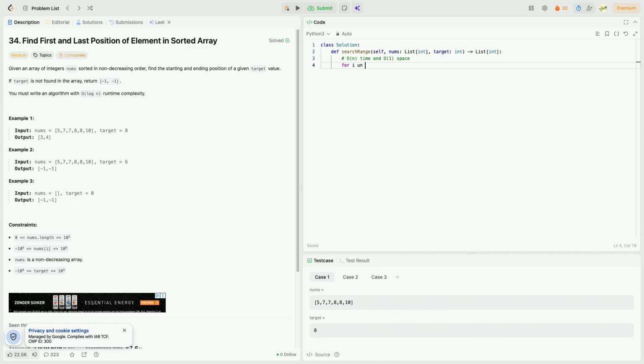For i, n in enumerate nums. And we have a result array, correct? And we have it set to -1 and -1. That's the default result when we don't find anything. And I should give it the honor of a complete variable name. There you go. So if n equals target, in that case, result at index 0 equals minimum